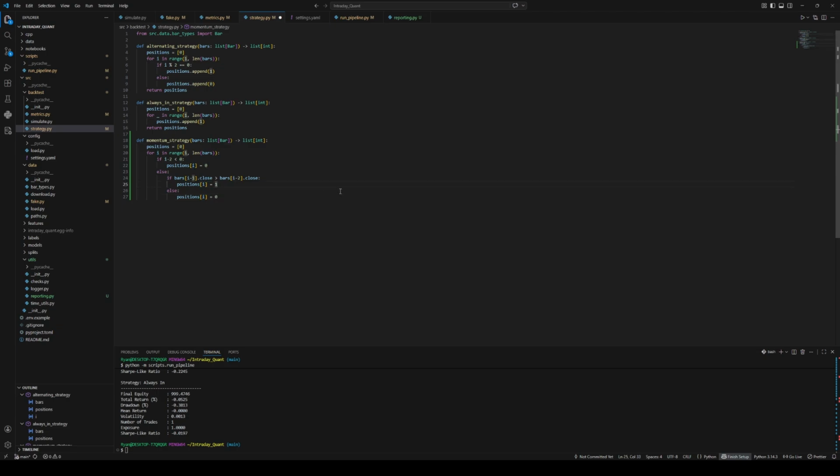Do positions dot append 0. So we're wanting to append it. Positions dot append 1. Positions dot append